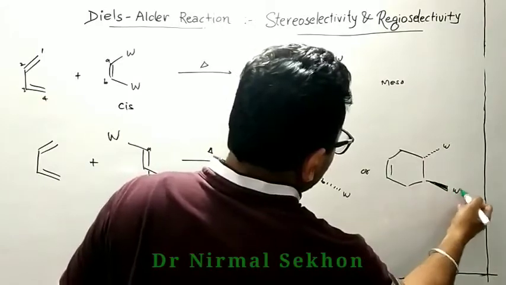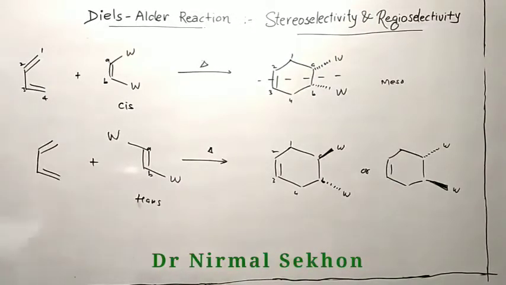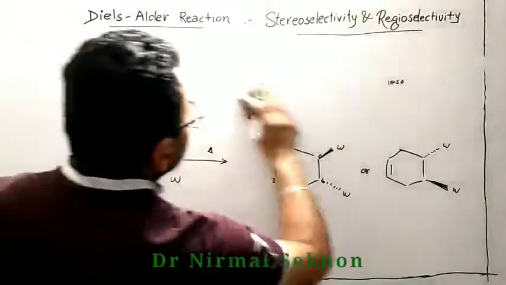Or here is a W. So these are enantiomers, plus minus. So cis gives cis, trans gives trans. So this is about the stereoselectivity of the reaction. Okay, now the next reaction is,